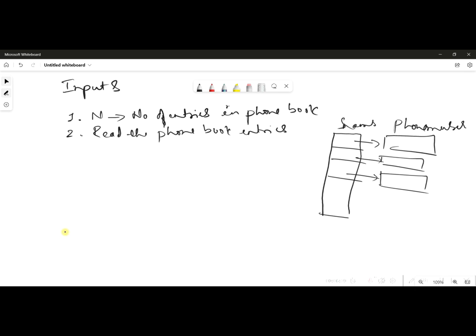So this entire thing is a phone book, right? So what will come? First, the following lines, the consecutive lines: you'll have n, say for example n is equal to 2. Then you will have two phone book entries, right? Say for example